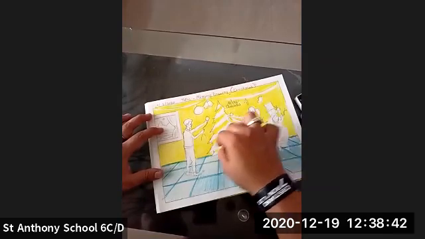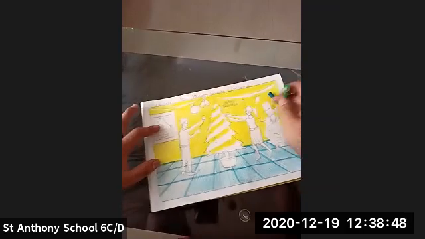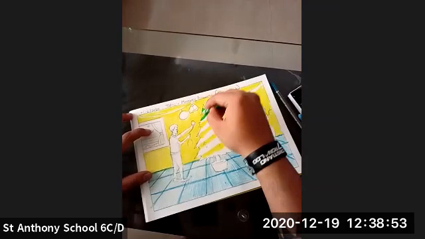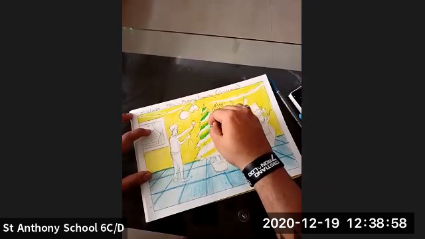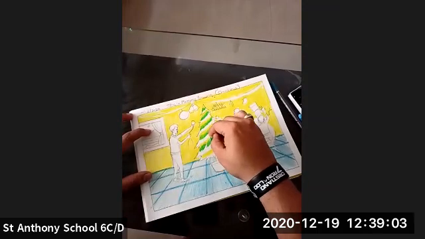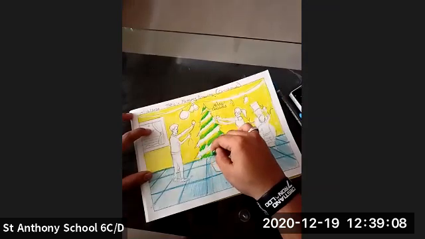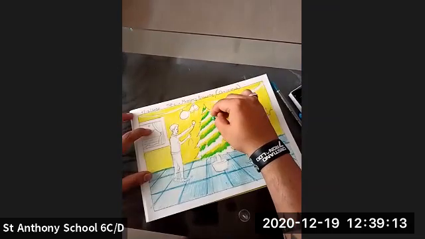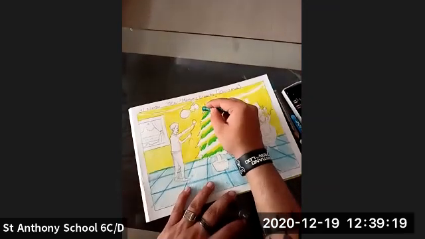After applying yellow, I'm going to apply the light green shade. Then I'm going to use the dark green shade.